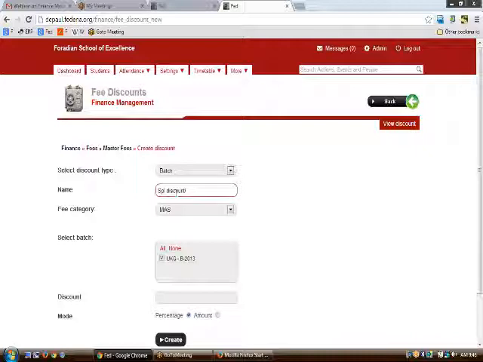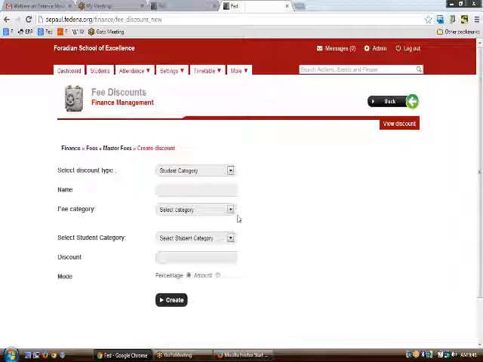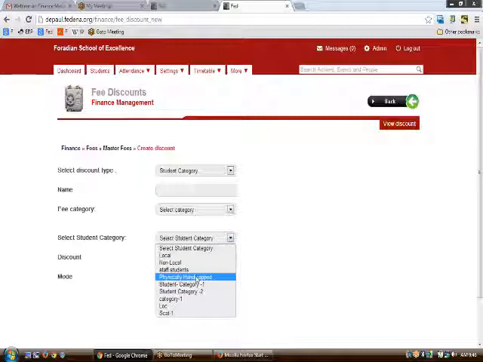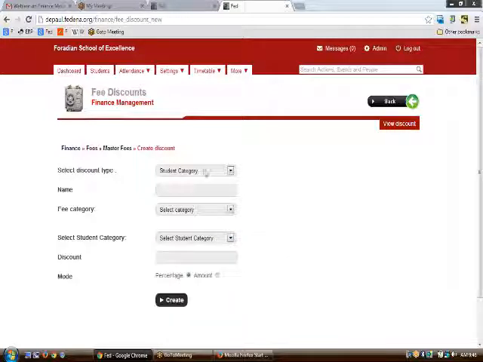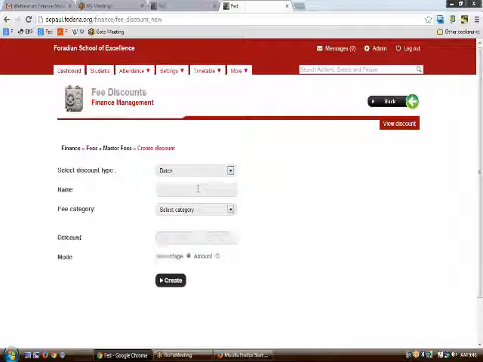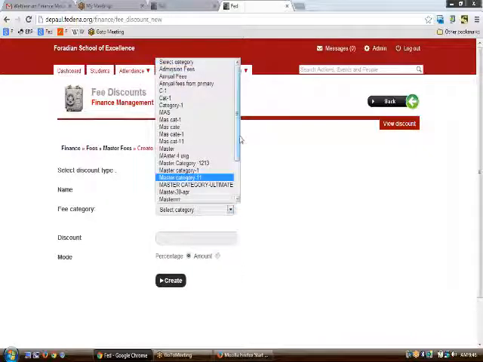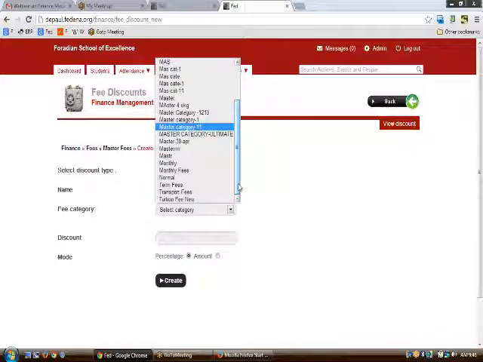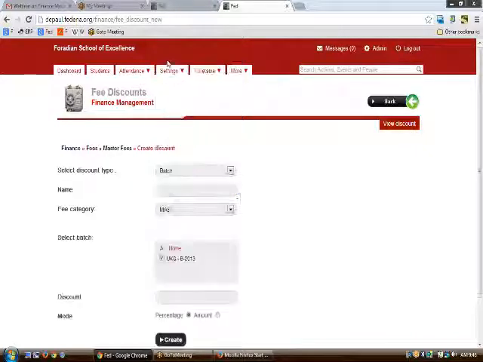Again, this discount can also be related to some kind of category. So if you select category here and select category here and put a discount like only for the physically handicapped student or some other students, this would also be available here. So this is how you need to create discounts. And moreover, whenever you create discount, in the receipt of the fees, it would be available, which is expected in a normal scenario, that the discount has been given, and on what basis, that will also be specified.